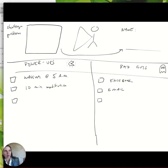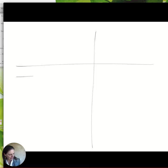But there were these little power-ups that if you were to basically run your Pac-Man into a power-up, you could eat the ghosts. The power-ups are so strong that they would overcome the negative or the things that weren't working. So what are the power-ups and what are the bad guys in terms of your challenge, in terms of your problem? This is where absolute honesty is crucial. You don't get anywhere without really recognizing it. I'm going to show another example here, if you have power-ups and bad guys,